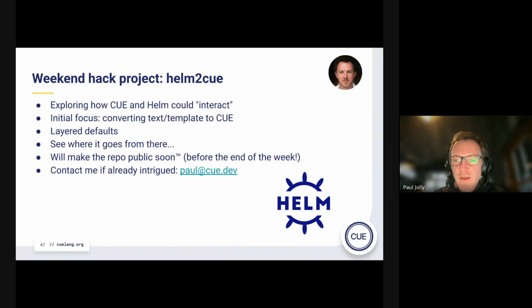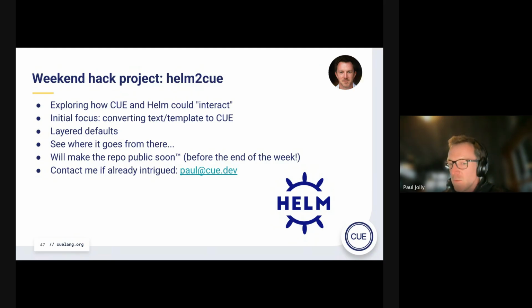This last weekend, I finally broke and started working out how Q and Helm could perhaps better play side by side. It's one of the most common questions we get: we use Helm heavily, how can we use Q? The migration path between the two is not straightforward, and we've mentioned before and linked to work that Stefan Prodan has done with Timoni as an alternative to Helm. This is based in the Q ecosystem. This is not an attempt to answer that same question. It's instead an attempt to tackle the problem from a different perspective.